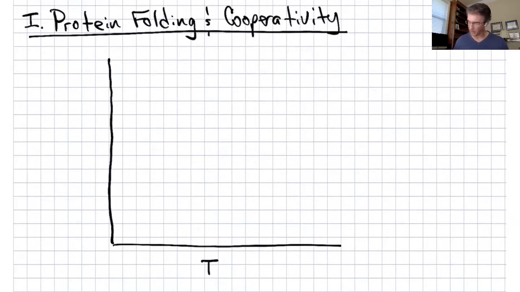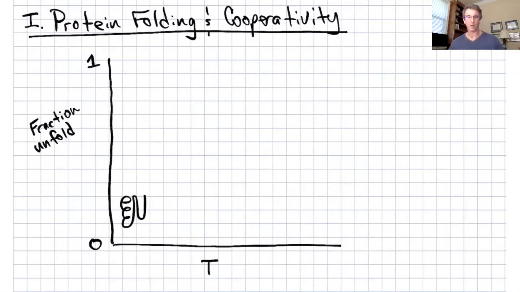So here's that plot again. Here's temperature. And over here on the y-axis, we're going to put basically fraction, let's say unfolded. All right, so it'll be 0 unfolded down here at the bottom, 100% unfolded up here at the top, which means down here at the start of our experiment, we have the fully folded protein at some nominal temperature. And as we raise the temperature,